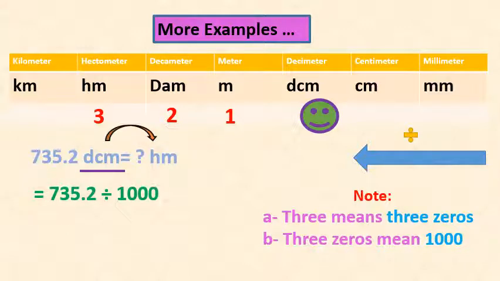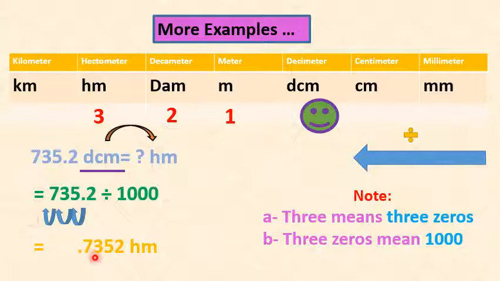So this is the question. We're going to divide by 1,000. So we have over here 3 zeros. It means we're going to move the decimal point 3 places. Since it's division, we're going to move backwards. So 3 zeros, 3 places. Division means we're moving the decimal point backwards. So 1 place, 2 places, 3 places, and the number is going to become